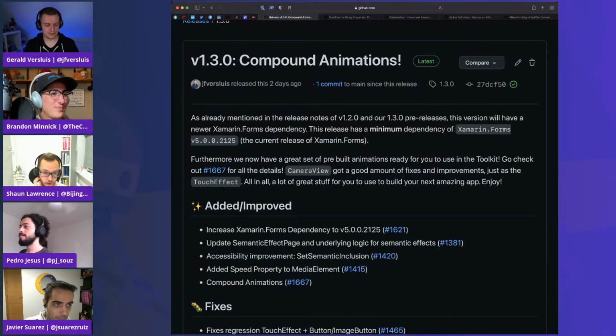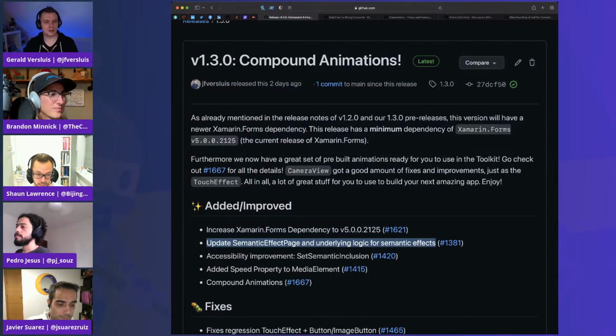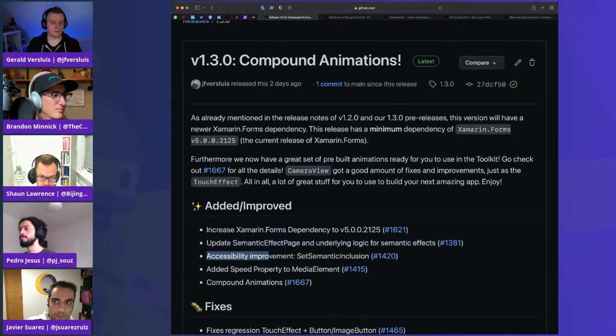So, like you say, we've shipped 1.3 now. We've bumped up the dependency on Xamarin Forms, so we're now on the .2125. There have been some additions in terms of adding the semantic effect page and underlying logic for semantic effects, and yet more accessibility improvement on the set semantic inclusion. That's an area that I really do need to start learning a bit more on, accessibility in general.